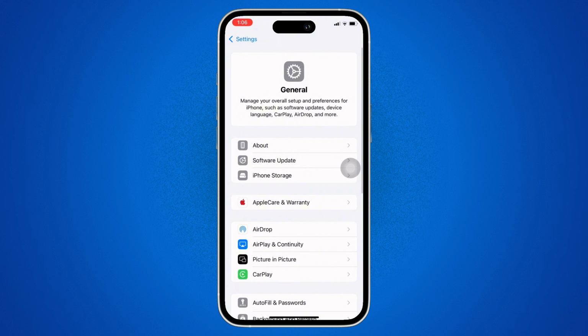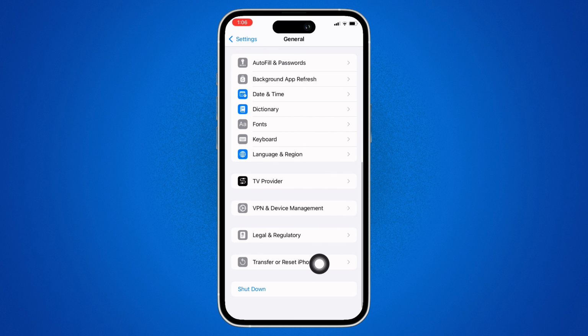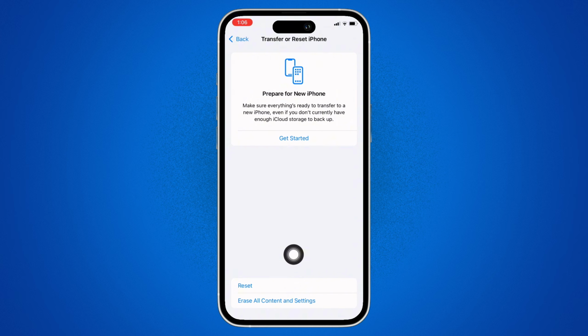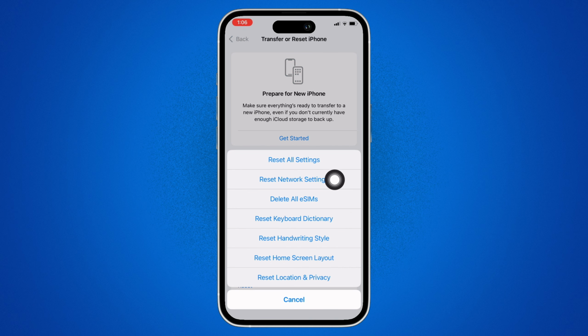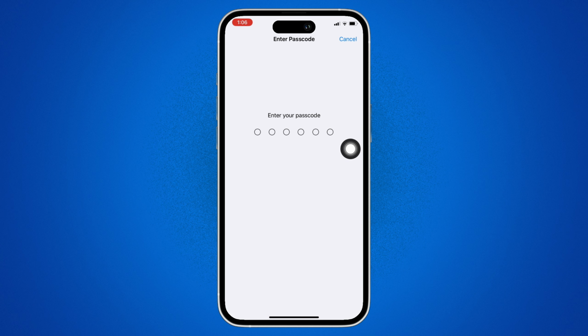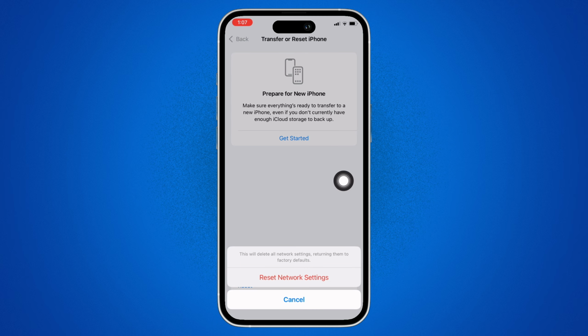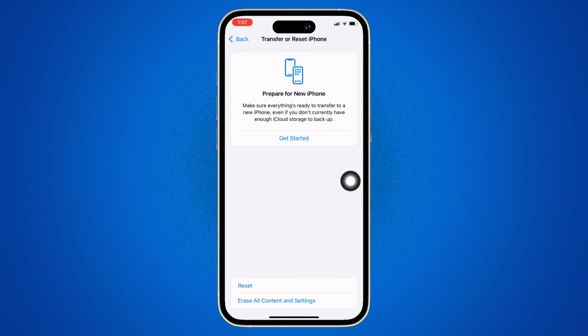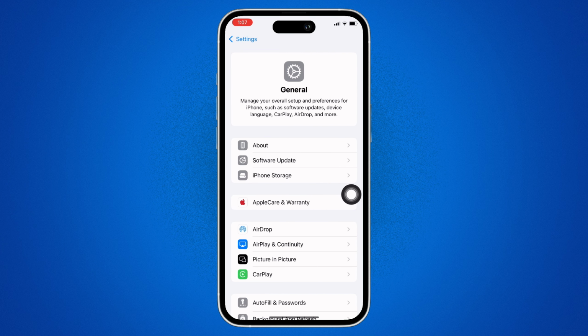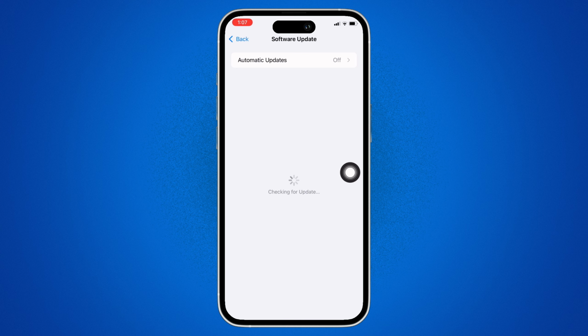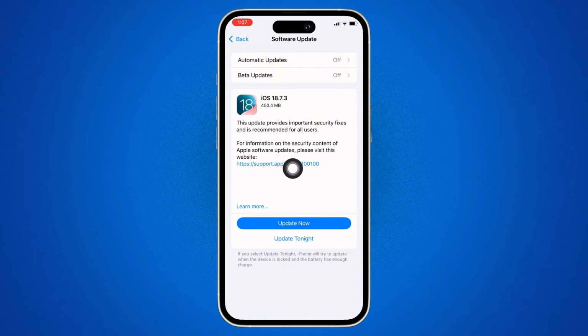Next, in settings again, tap on general and then on transfer or reset iPhone, and then tap on reset and then on reset network settings. Enter your passcode and reset network settings, and this will give your network settings a fresh restart. Now, in general again, tap on software update and make sure that you are using the latest version of iOS, and if not, then update your iPhone,